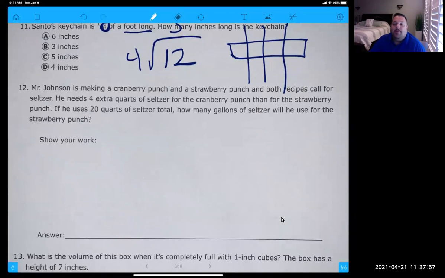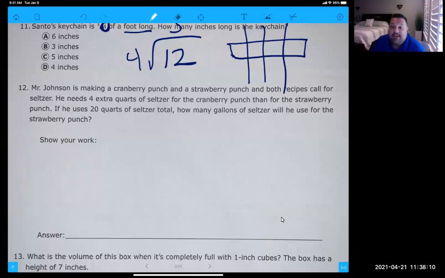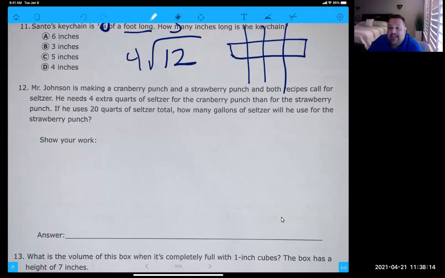Oh, everybody pause and do number 12. Mr. Spina, 12 is very hard. I had to look at the answer and I couldn't understand it. I need a second to read it. Well, we don't have all this time on the video. Okay, so I'm just gonna go through it. So it's saying that